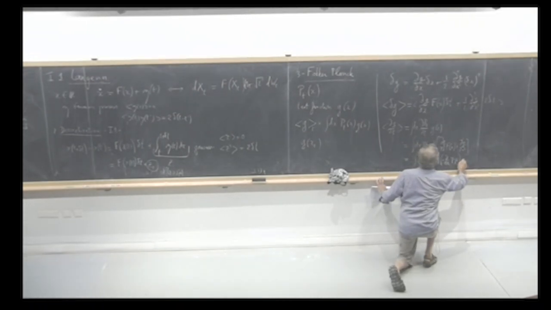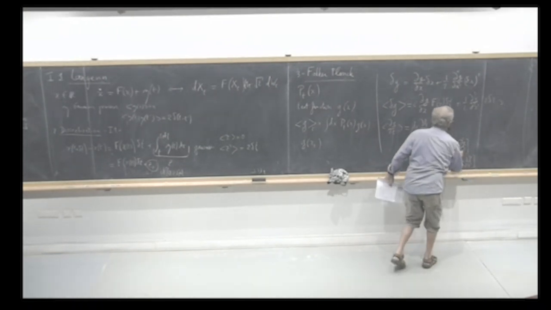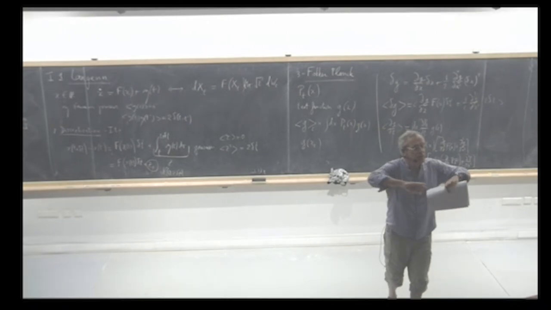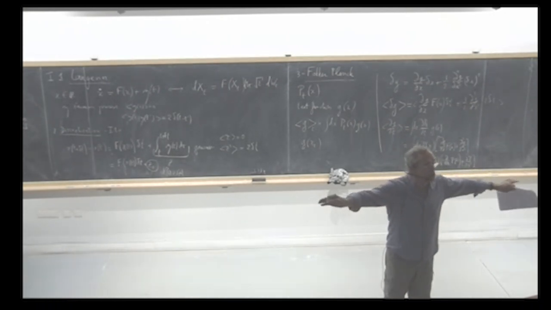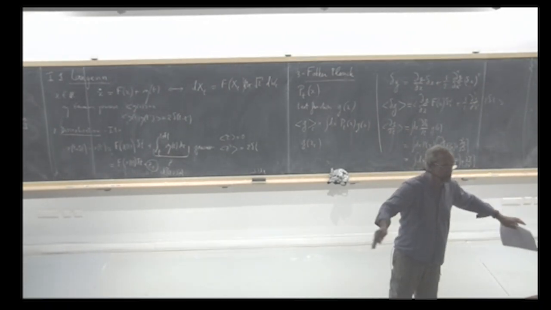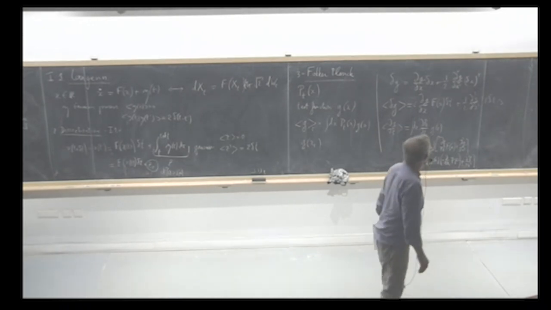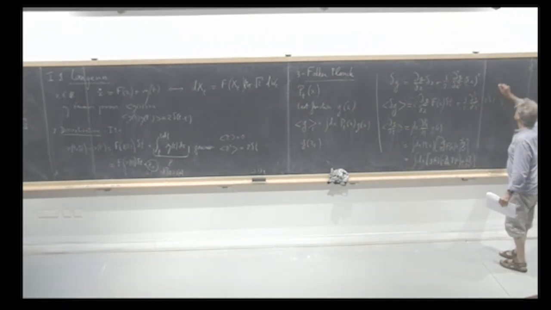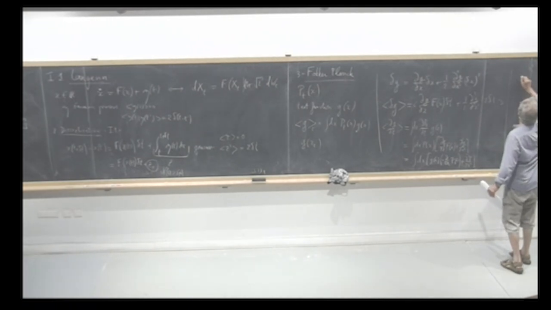And then I will have plus d2p dx square. The second piece I do twice the integration by parts, and I assume that my probability density goes to 0 at infinity, so there is no boundary term. I can safely do the integration by parts. And so if I identify these two formulas, I find the Fokker-Planck equation,